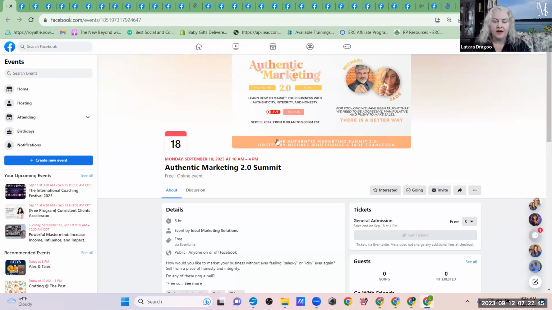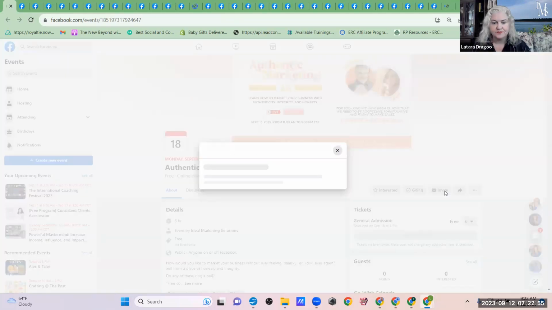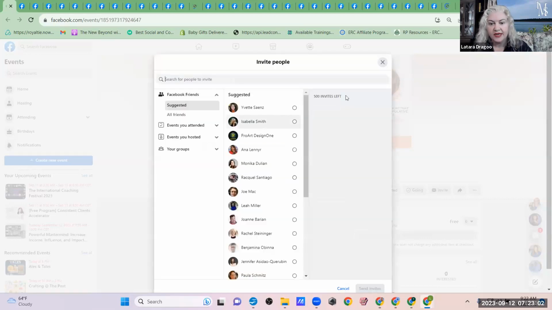So here I am back on the Facebook event page that we created through Eventbrite. And right underneath the cover image in the lower right corner, there's a gray box that says invite. And you can invite up to 500 people. This is suggested. And these are just people in your friends list that maybe you engaged with recently or something